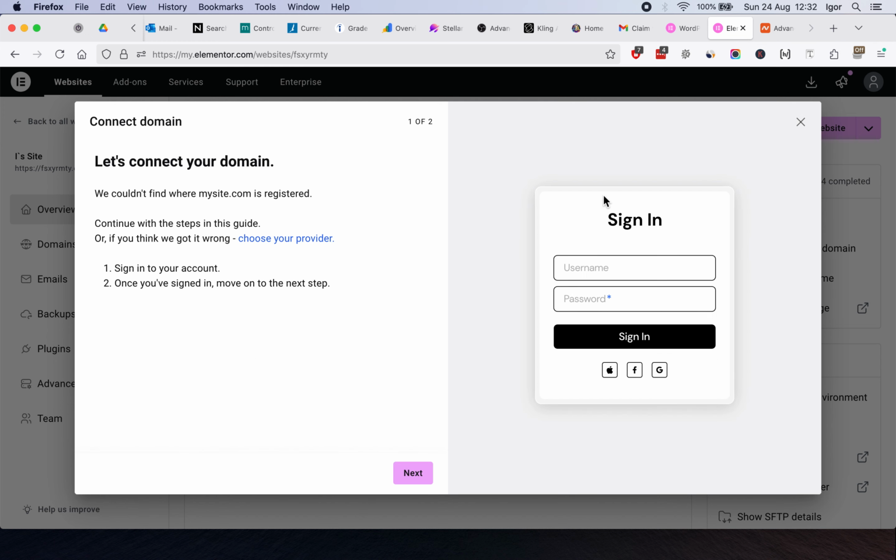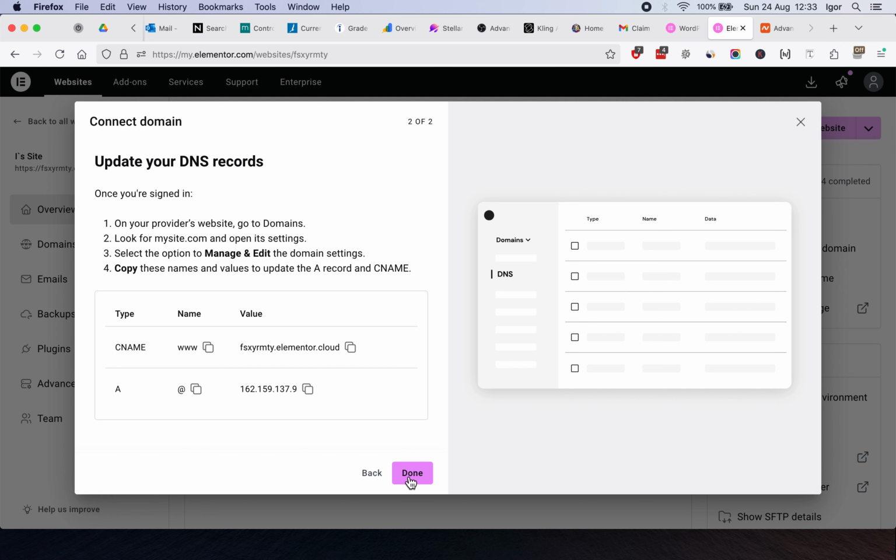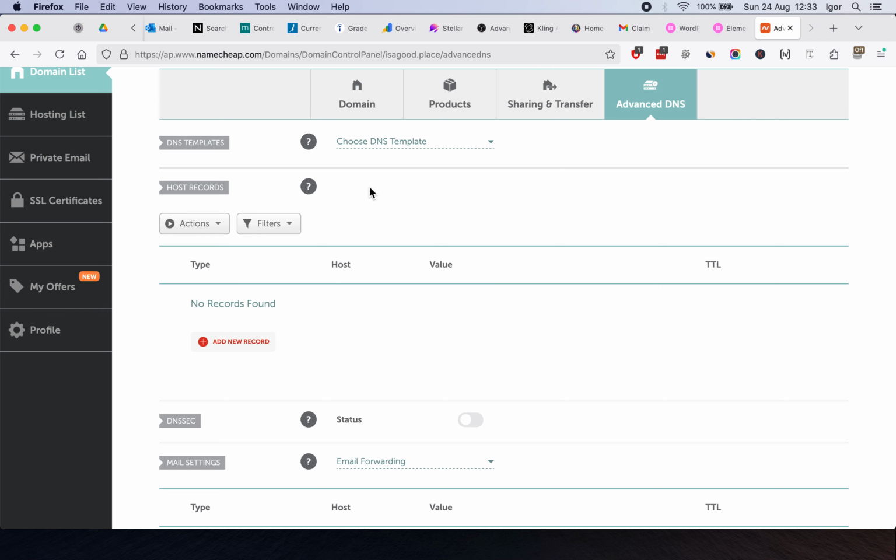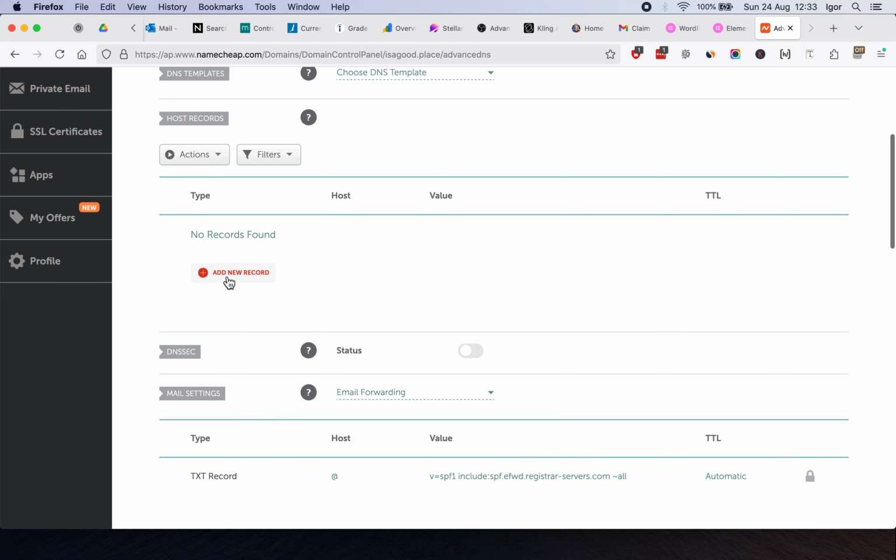Now you can log in with your existing hosting domain name provider and then follow the steps, or you can just click next and copy paste the following DNS records in your domain name provider account. I'll show you how to do it in Namecheap, but you can replicate for pretty much every domain name provider. So copy this value, go to Namecheap, dashboard, click on manage on any domain name that you have, go to advanced DNS, scroll down, click on add new record,